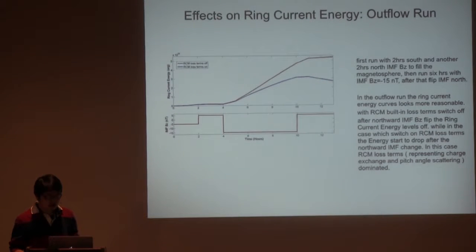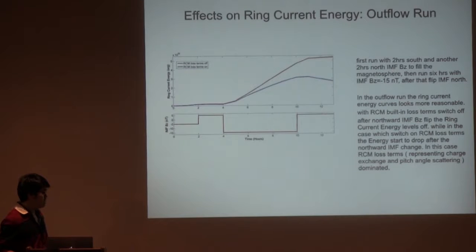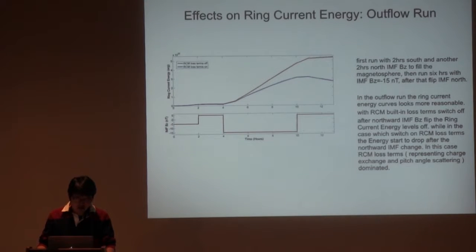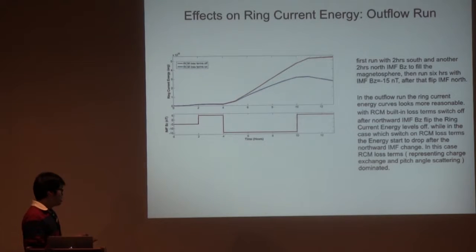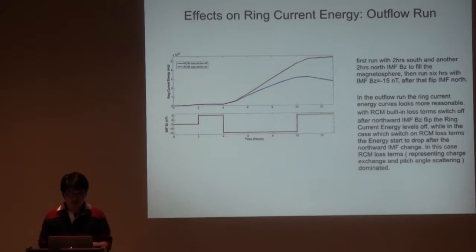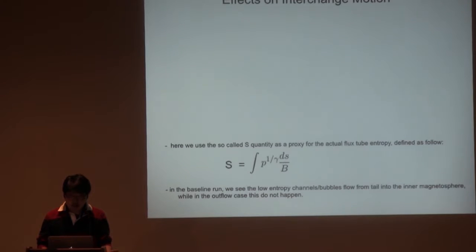Here is the outflow run, in which I added my outflow to the LFM-RCM. You can see this looks much better to me, because with the loss terms off, after the IMF flips back to northward, that remains almost at the same level, which means no loss. And with the loss terms on, which is the blue curve, that curve drops, which means in this case what really matters is the RCM loss terms of pitch angle scattering and charge exchange. So what caused this? I plotted the,